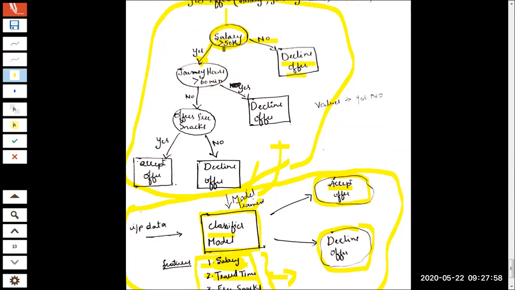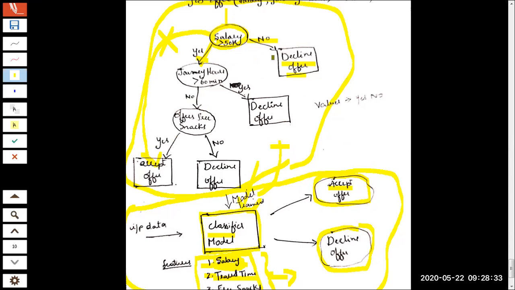Now, if the salary is greater than 50K, should he accept the offer or decline the offer? Just salary may not be the criterion for an employee. A few other things may play a role in making a decision. So just based on the salary, you cannot directly arrive at a decision. Decision here means the leaf node, the class label. So just based on the salary, you cannot enter into a leaf node, meaning that you cannot make a final decision. A few other parameters, a few other attributes, are there.